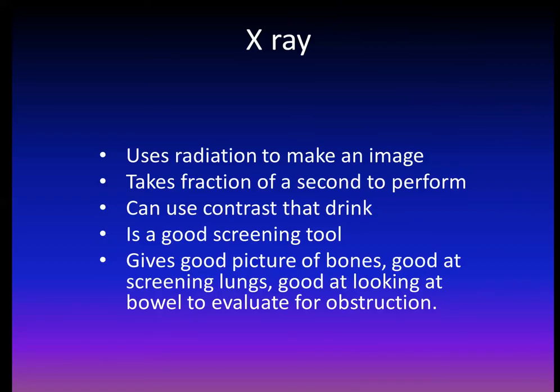X-ray is also using radiation to make an image. For the most part, the principle is similar to a CT machine. It's shooting an electron out, goes through the body and hits a film on the other side. So whether that film is old school film or a digital receptor, it's going to basically hit a film on the other side and allow you to perform